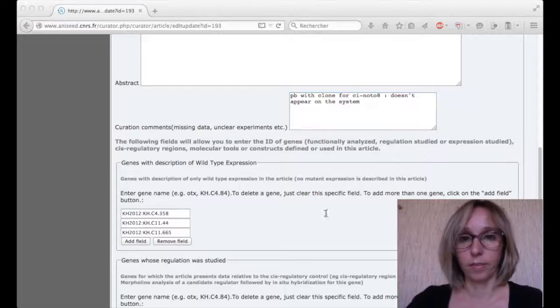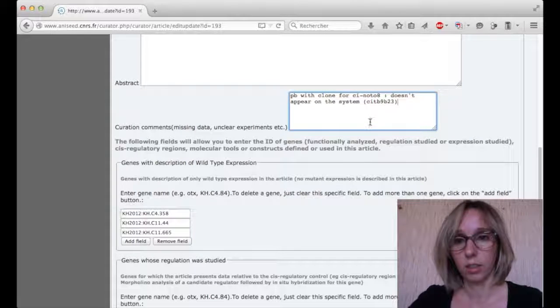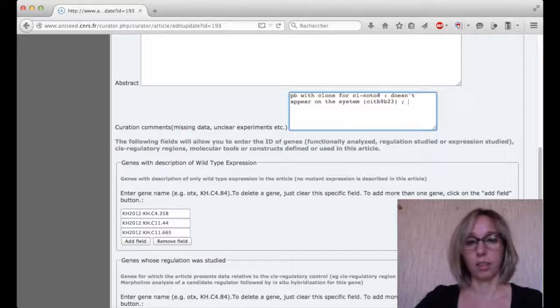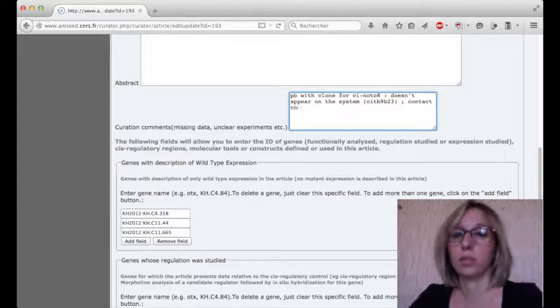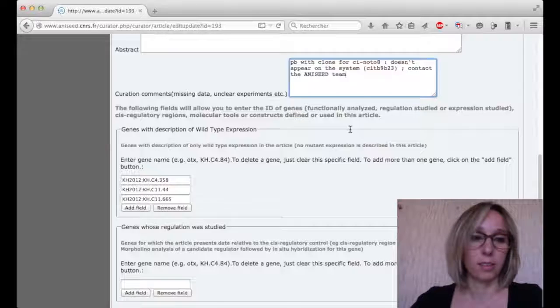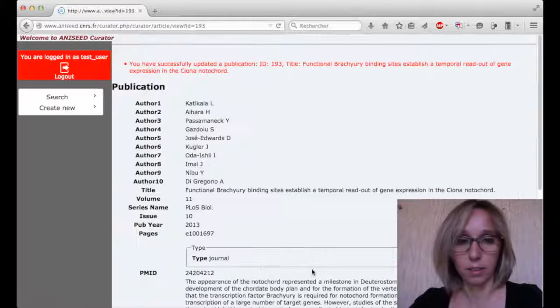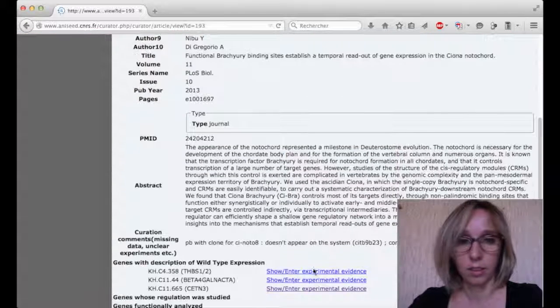Okay, this was this clone. Contact the NEC team to explain the problem. I save the data, and here I can see that my comment appears.